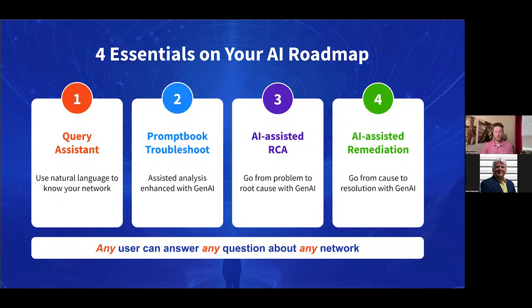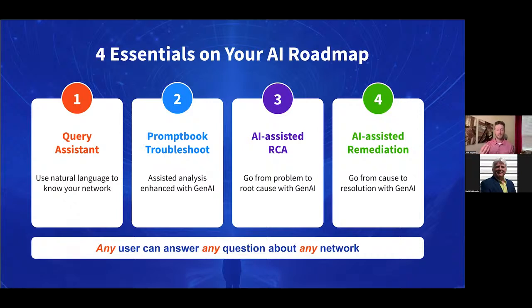Number three is starting to give you some insight, being able to leapfrog over certain dead ends and false paths to get to the possible root cause based on all of that learning that things are happening. And then finally, if you can get to the point on your roadmap where we're starting to get recommendations on remediation, on mitigation, on resolution, then we're really starting to change the game. And all of these things can happen. And they're all starting with just a single thing.